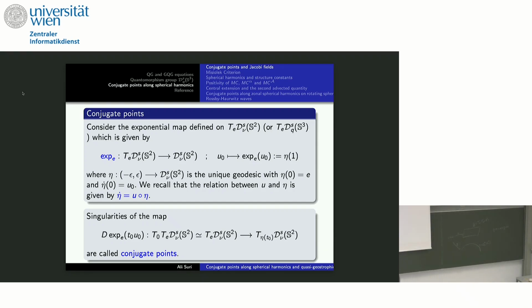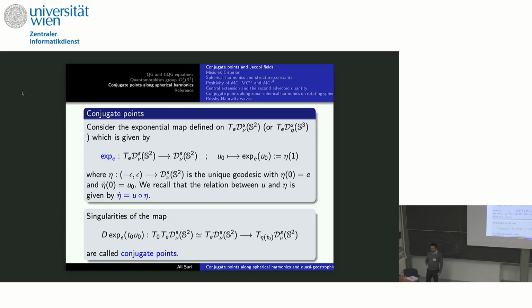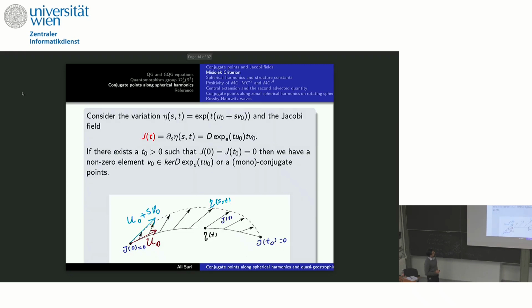But in the case of the 2D perfect fluid, this is a nonlinear Fredholm map. But I didn't show the proof for this central extension case, so I suspect that it's the same Fredholm map. But how to find these conjugate points? We will find these conjugate points using